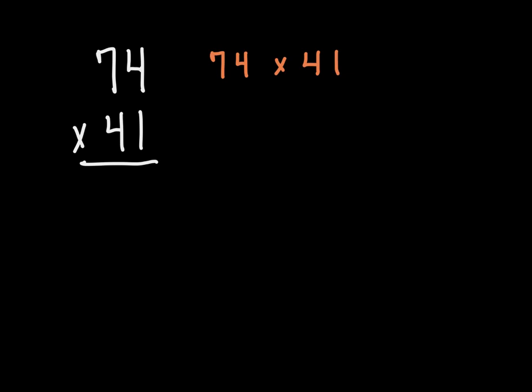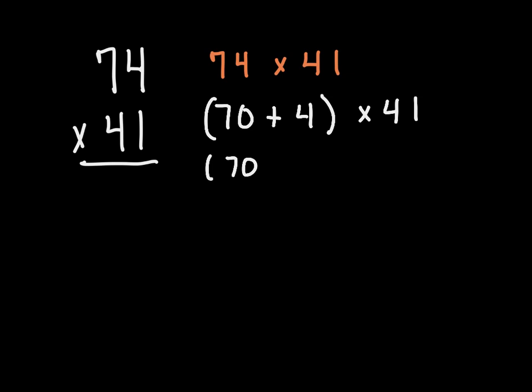All right, we're on our own on this one. 74 times 41. Well, I'm going to break up the 74, and then we'll multiply it by 41. So let's do that. We have 70 plus the 4 times 41. So then we do that further. We're going to do 70 times 41 plus 70 times